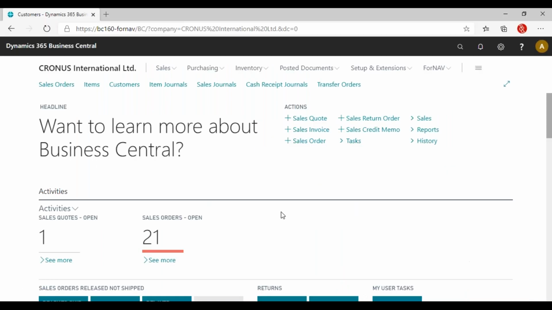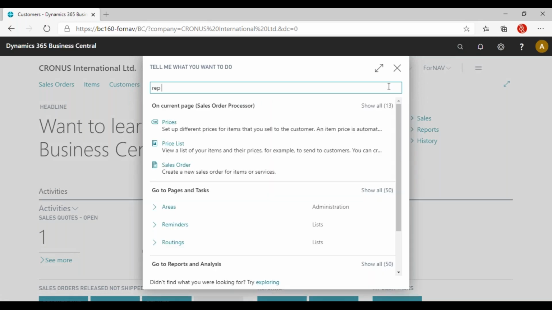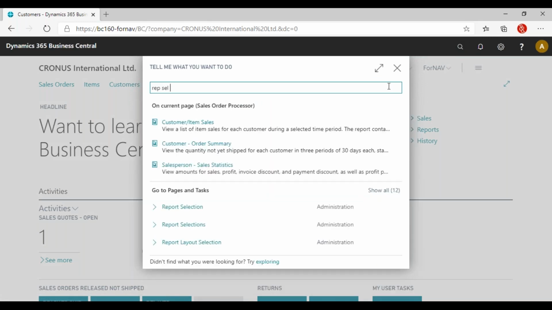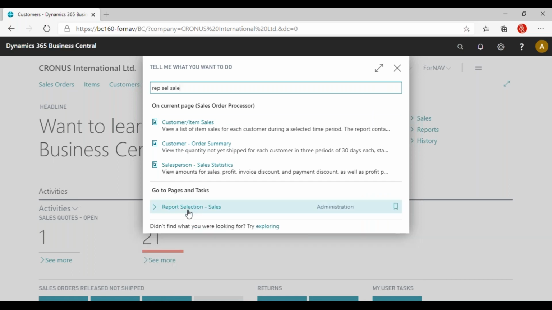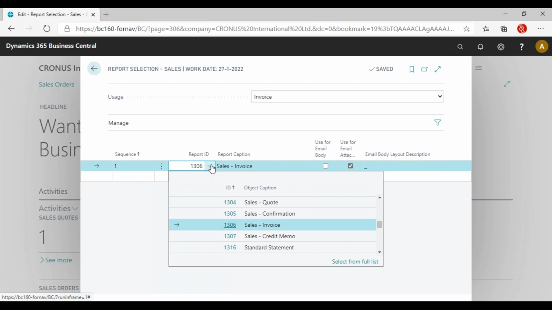In order to replace the standard Business Central reports, when we use 4NAV, we can use the same thing we have always used in Business Central to replace reports. And that's the report selection. There's a couple of report selections, there's sales, there's purchase, and a number of other ones. And if you open a report selection, like for sales, for instance, you can select your usage, which right now is invoice, and you can simply change your report ID,